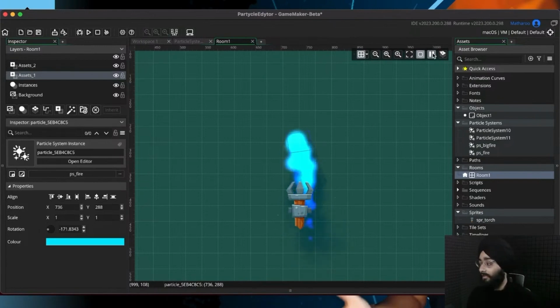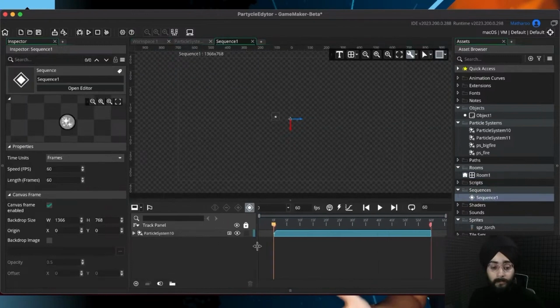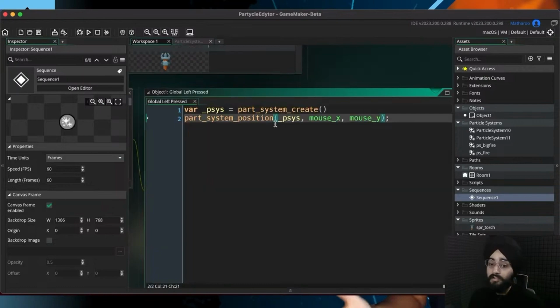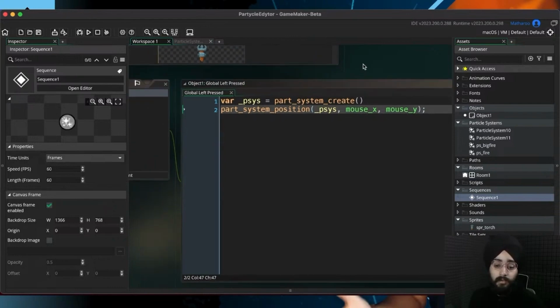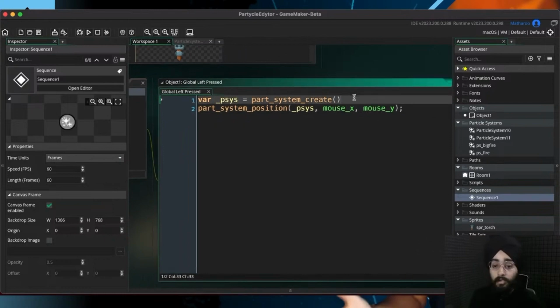Yeah, Hunter, that is great because that allows you to have more flexibility in your systems. So you're using presets, but you can have them work differently. You can rotate a system in the room, you can give it a color, and that's the same in a sequence as well. You can also rotate it and change its color, but that's something you can't actually do with a function. So with the function, you can change its position where it's created, and that should be reflected in the particle system. You can also use part system create layer,